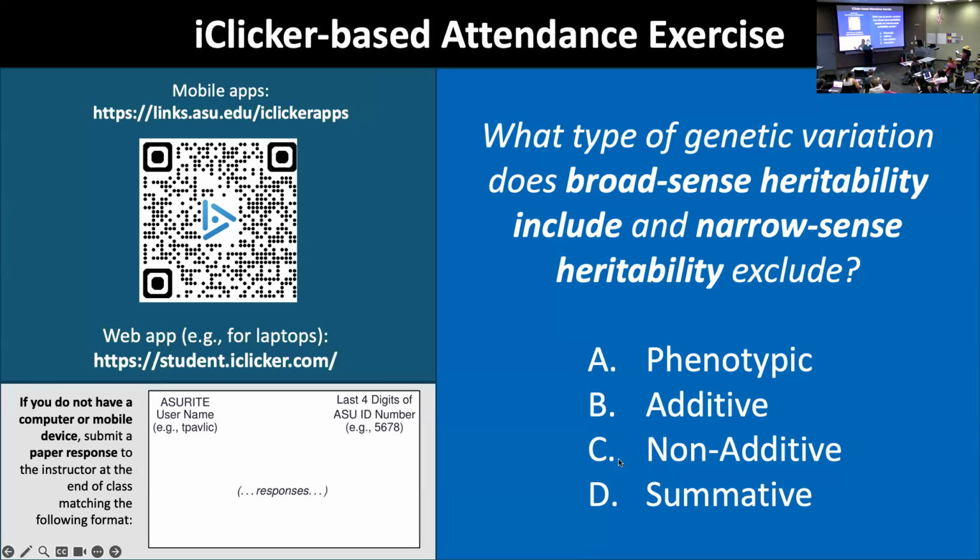But the narrow sense heritability, where you forget that genes can interact in these weird masking ways and have these interaction effects, is those simpler things, the additive. So those are the two types of genetic variation, additive and non-additive, and that's it. Broad sense includes them both, and narrow sense is only additive. Okay. All right, so going back to what I was saying before,